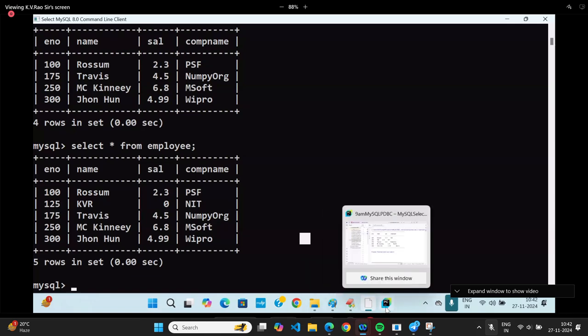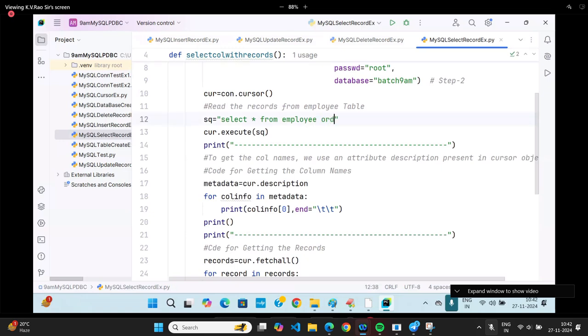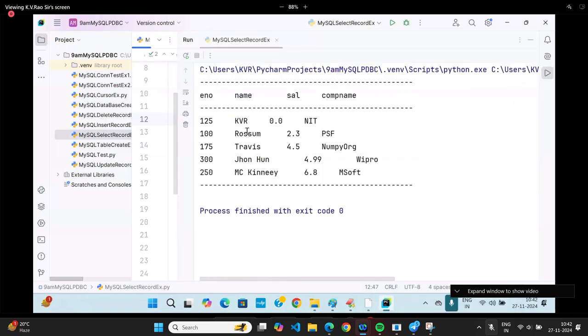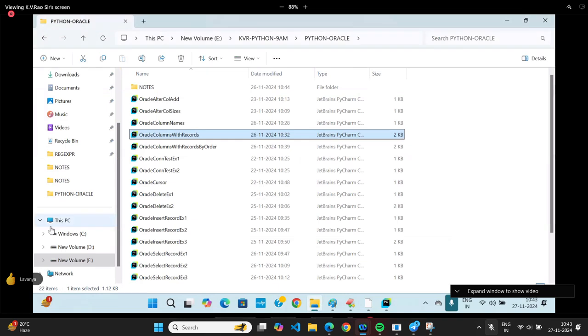I hope it is following. If you want ascending order of the salaries, you can go for it. What you will do? Order by salary. First 0.0, next 2.3, like this it is going to come. I think you are following me. Simple. Is database communication easy or difficult? Dead easy, not normal easy. Online students, easy or difficult? Quick answer, students. So it is very easy. Now I will open one small